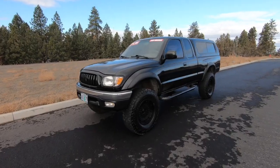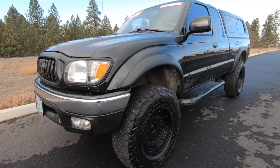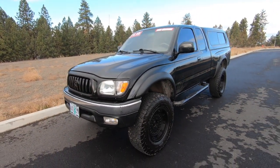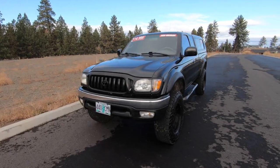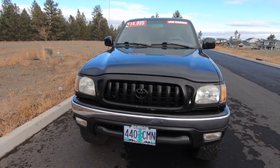As a vehicle, the Tacoma's got a number of great attributes, but one of its best qualities is that it's a really good looking vehicle. The styling is excellent, and this first generation model is no exception to that. It really set the stage for the Tacoma lineage, and it continues to be a really good looking vehicle many years after it was first introduced. I'd go so far as to say that it's already a classic and will continue to be a classic for